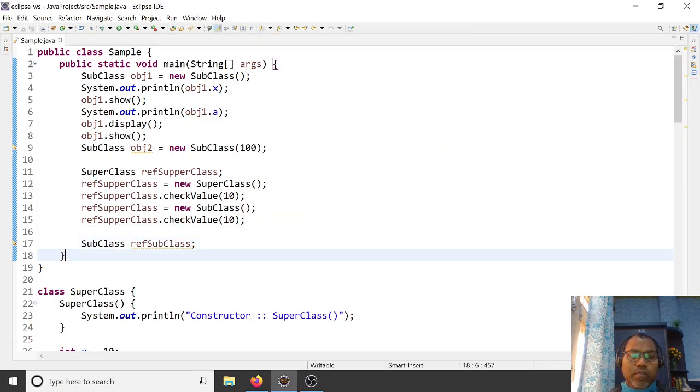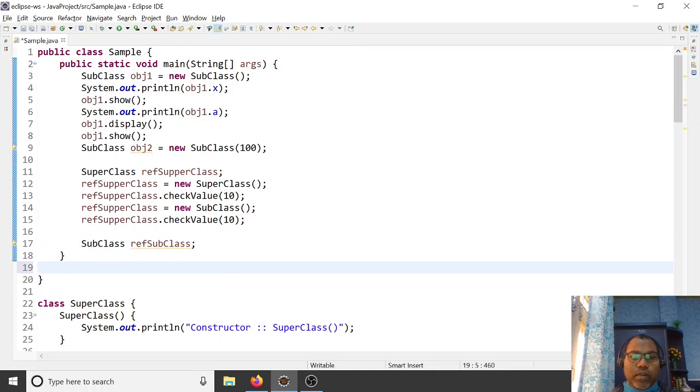Instead, you can also write a method like this.